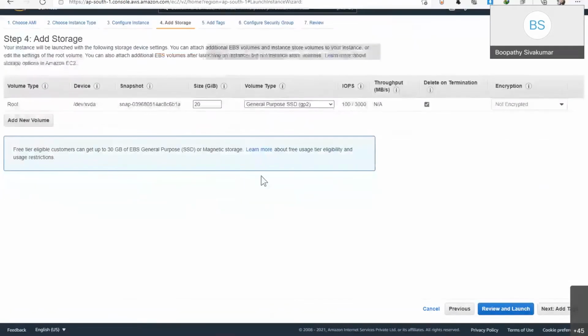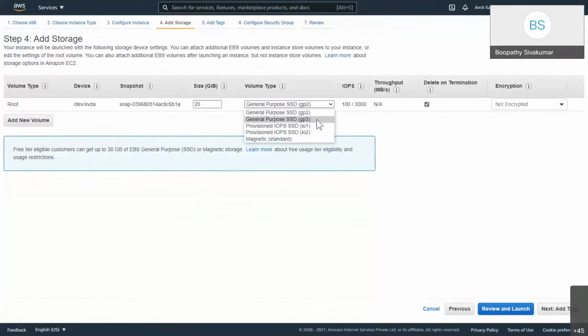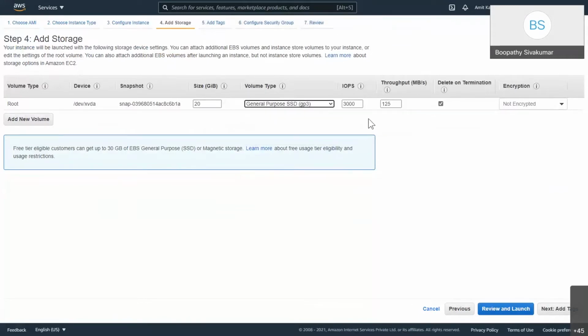GP3 is the latest version of volume type, so we can go with GP3. GP3 uses the NVMe disk type, where you can give the IOPS and throughput. Next, select the volume type and provisioned IOPS.